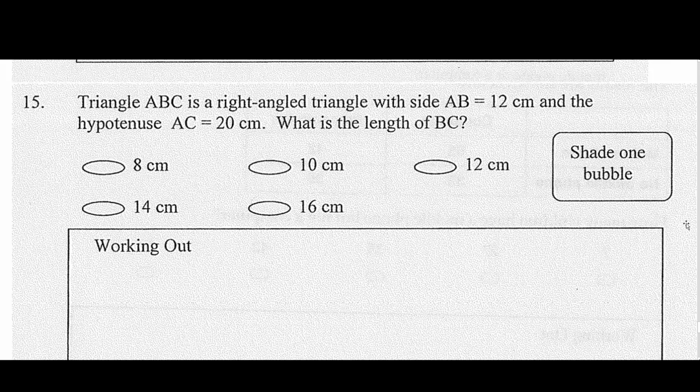Number 15. Triangle ABC is a right angled triangle with side AB equaling 12 centimetres. So let's draw it out. So A, B, C. So there's our right angle triangle. Side AB, 12 centimetres, and hypotenuse, 20 centimetres. What is the length of BC? Okay, for right angle triangles,